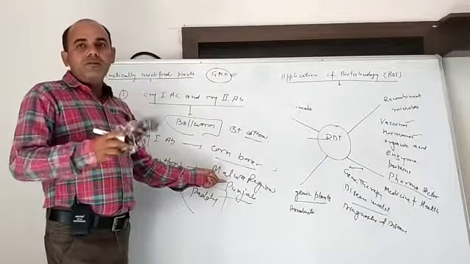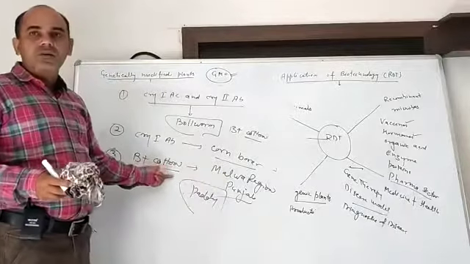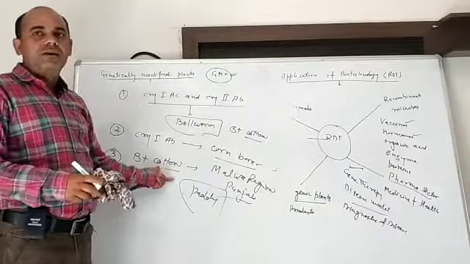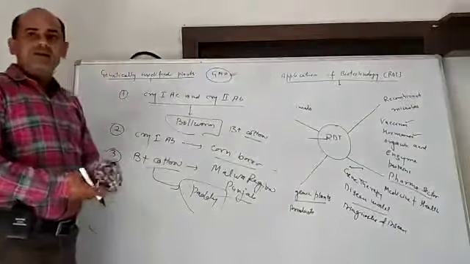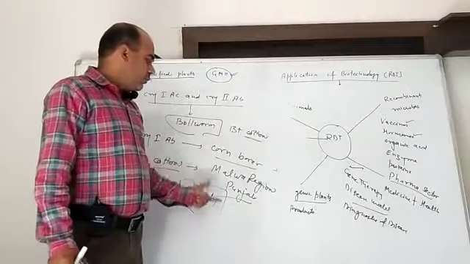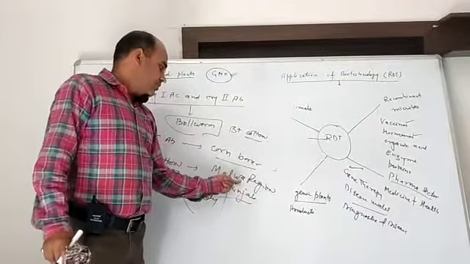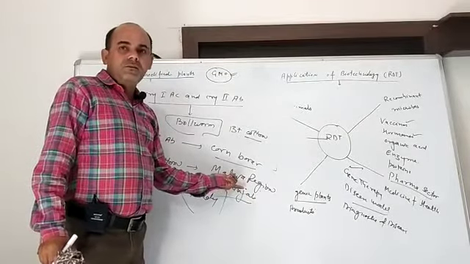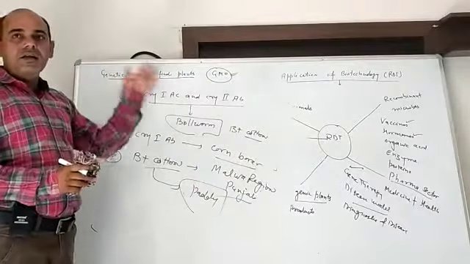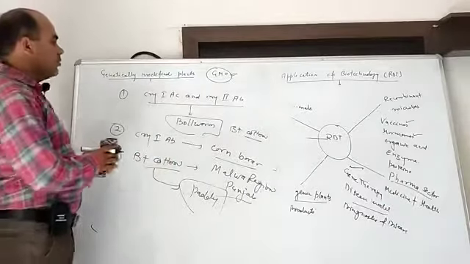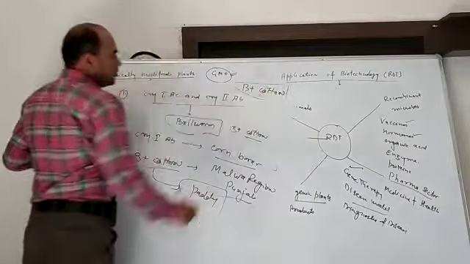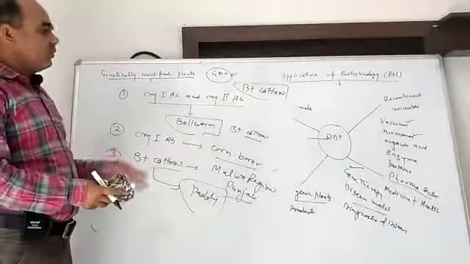So the alternate option is the use of BT cotton. BT cotton requires less water and can easily grow in scarcity of water as compared to paddy. That's why BT cotton is planted in the region of Punjab called Malwa. This is again one question that may be set up. This is about the case study of application of technology in the agriculture sector. The most important case study is BT cotton. So many types of questions may be set up from this topic, so you can go through it.